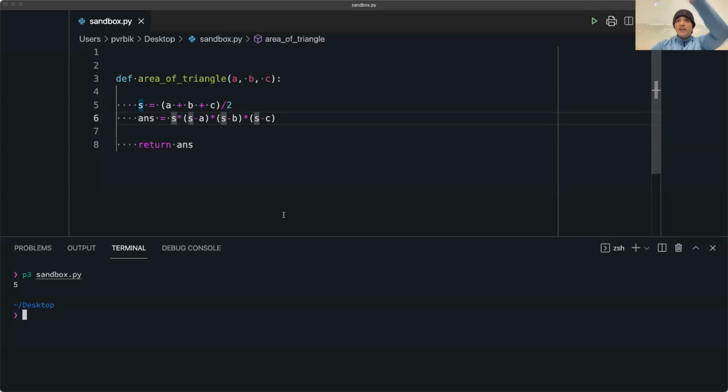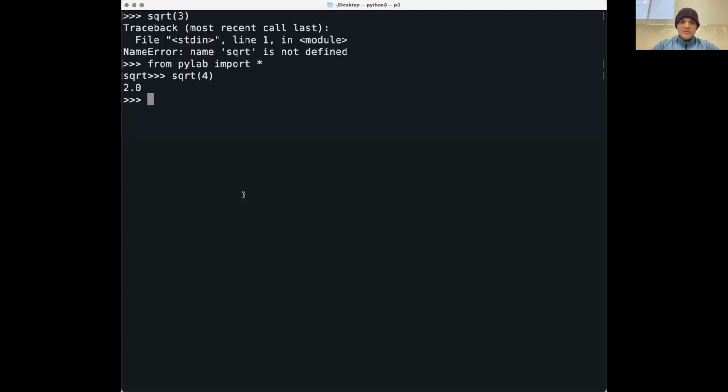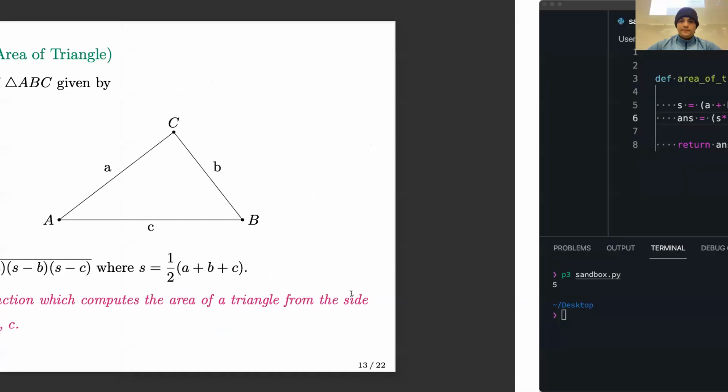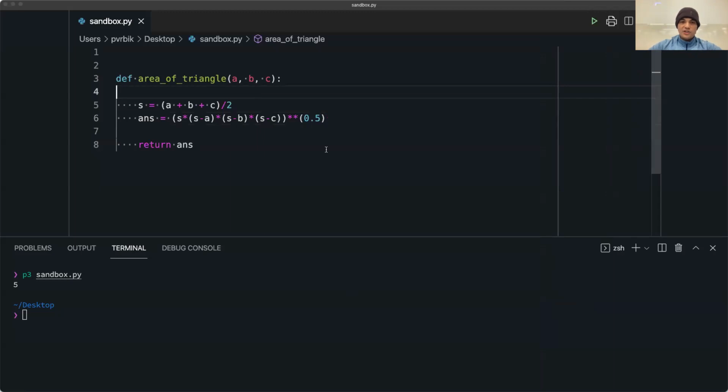But I don't want to do it that way because we don't have to. That was a great observation, right? We currently have the tool set to take the square root of this. I'm just going to take this to the power of a half. So this should be about 1.4. Okay, so there's the area of the triangle.